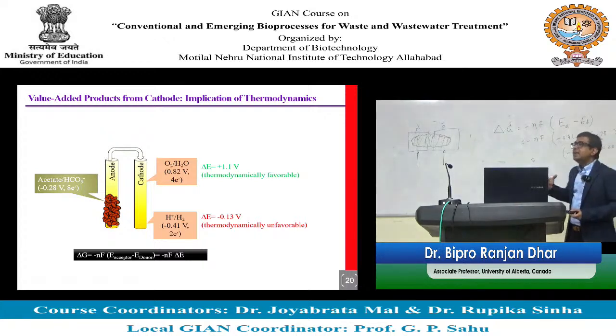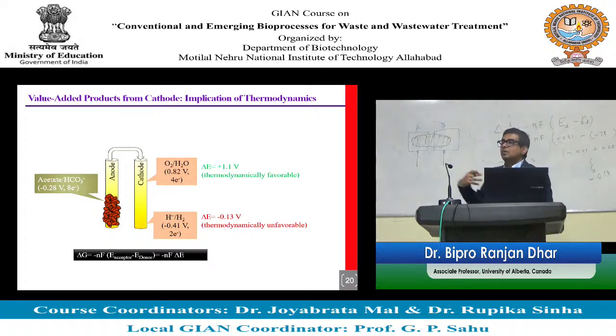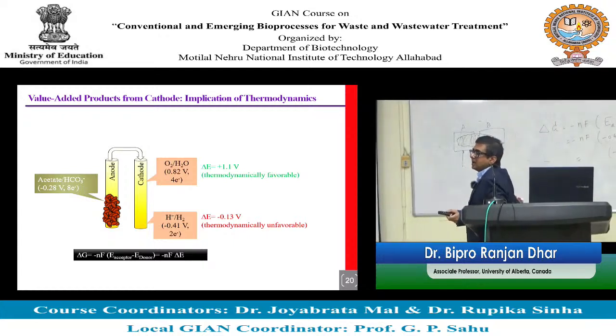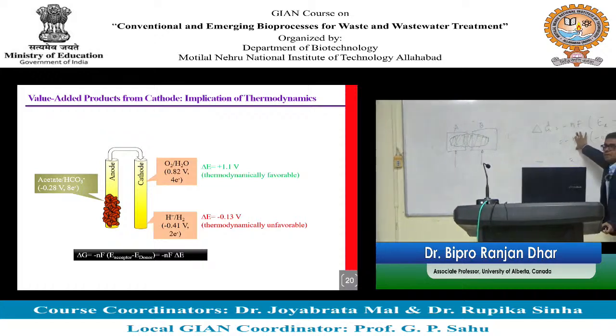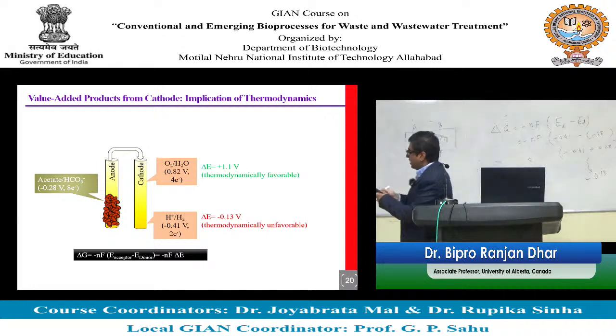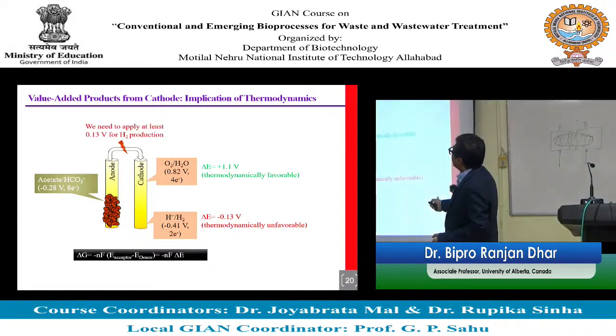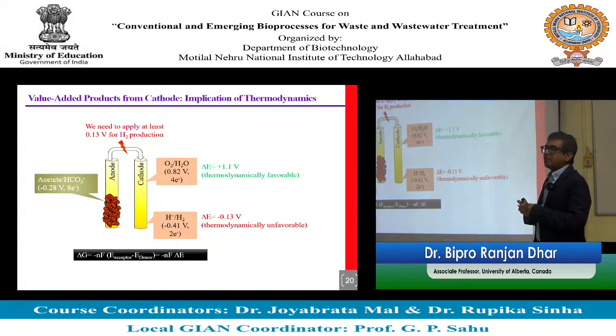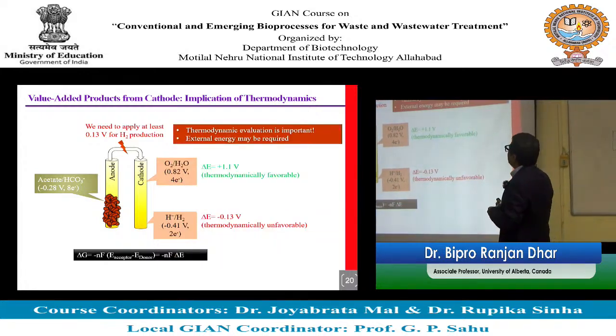So that means that's the energy difference. So that energy has to come from somewhere, then you can have that reaction happen. So if you provide 0.13 volt from outside, it's going to reach an equilibrium, right? Delta G is going to be 0, right? But you need more than that. So at minimum you have to provide some voltage more than at least 0.13 to actually start the reaction to happen. Okay, so this is actually the thermodynamic significance of